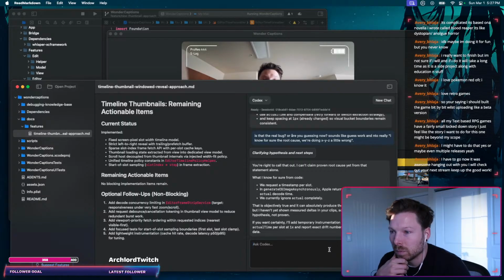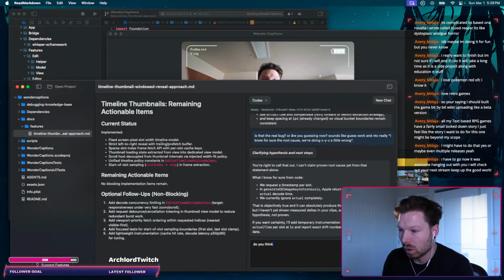I can't claim proven root cause yet from that statement alone. What I know for sure from code: we request a timestamp per slot and generate CGImages asynchronously. Apple returns both requested and actual decode time. We currently ignore actual completely. This is objectively true and it can absolutely produce the lag pattern. Do you think Apple would return a frame, an image